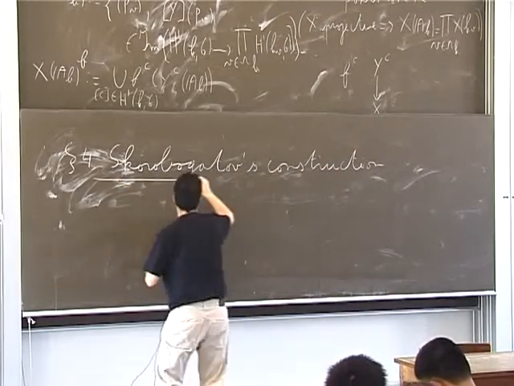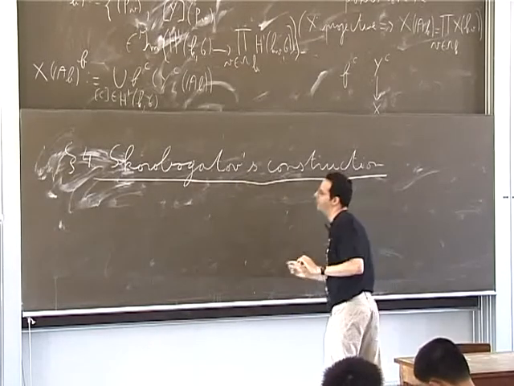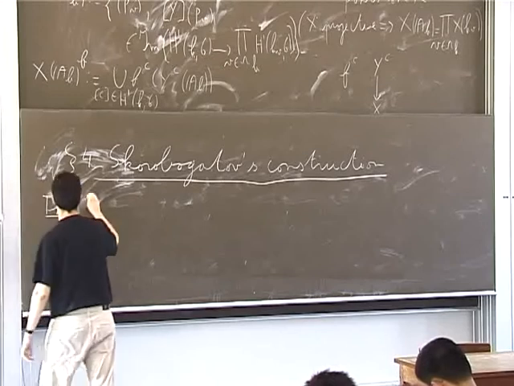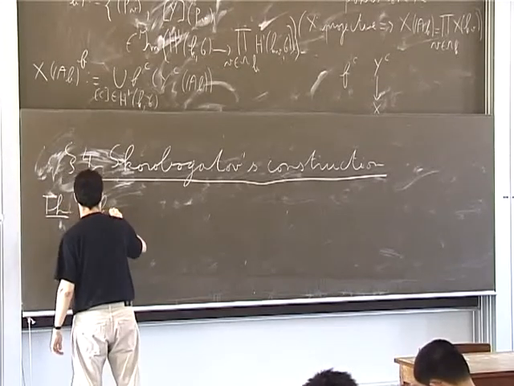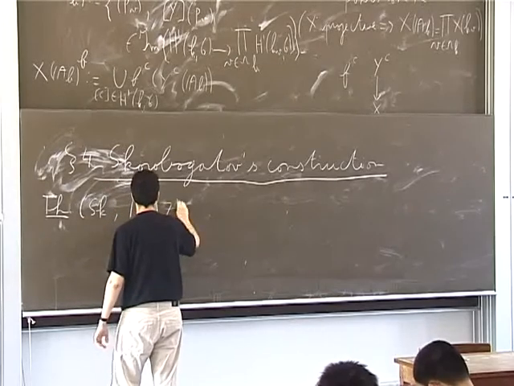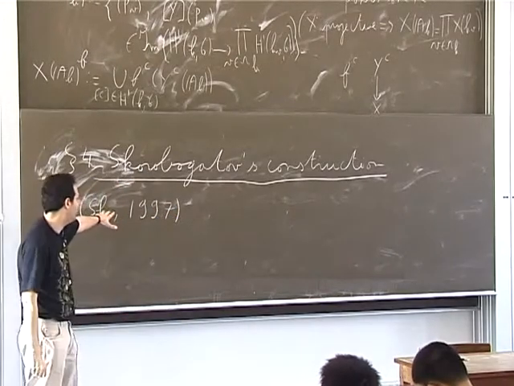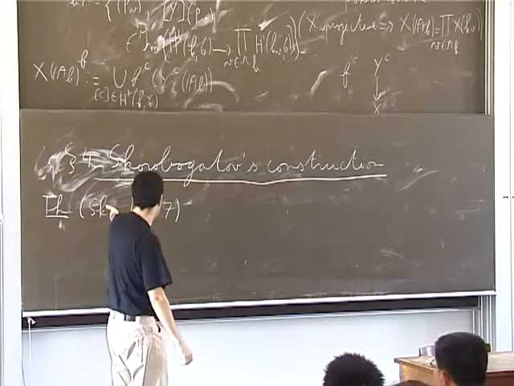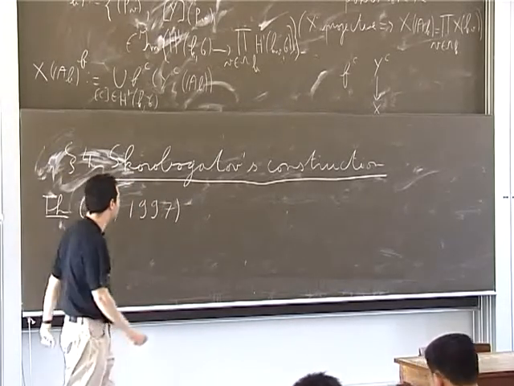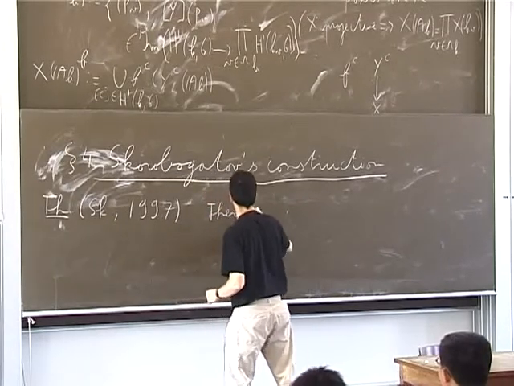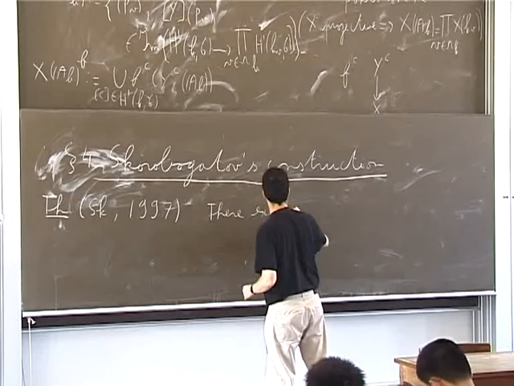So first of all, I'm going to state his theorem. It's from 1997. The paper appeared in Inventiones in 1999, and a good report is once again Skorobogatov's book. So here is the theorem. There exists a bielliptic surface